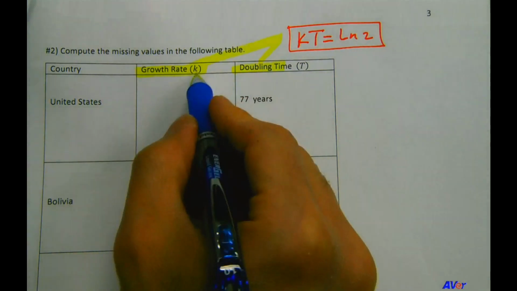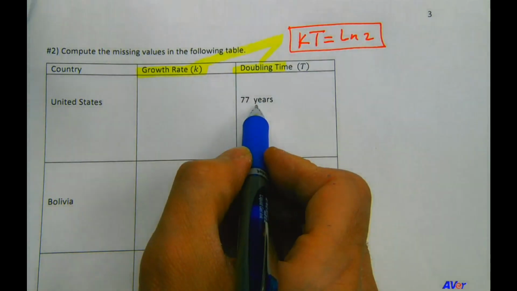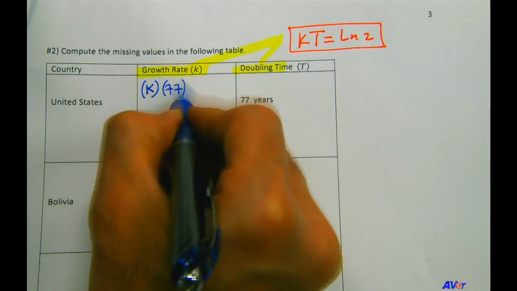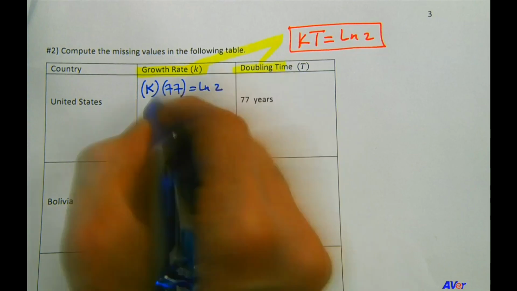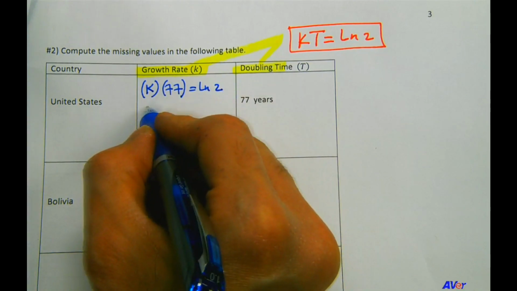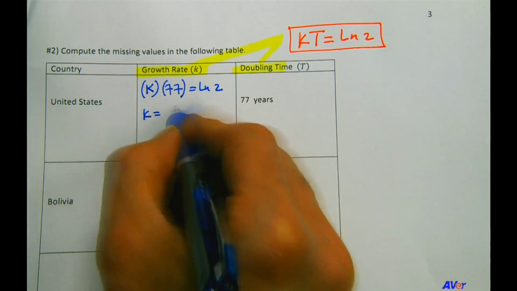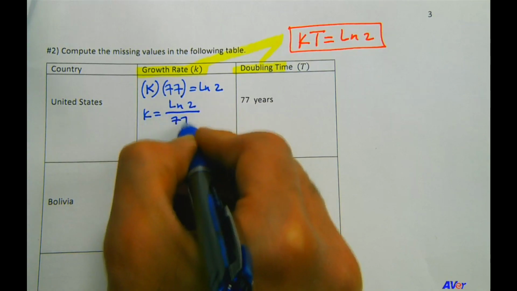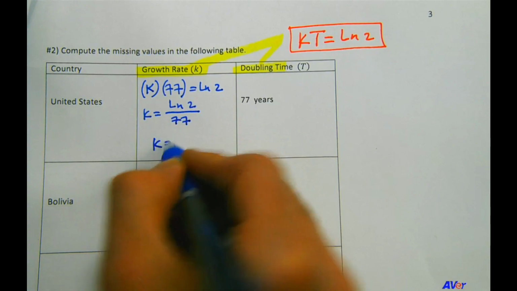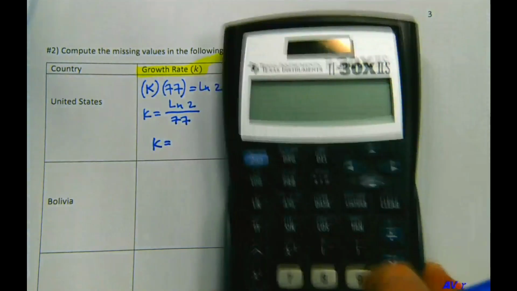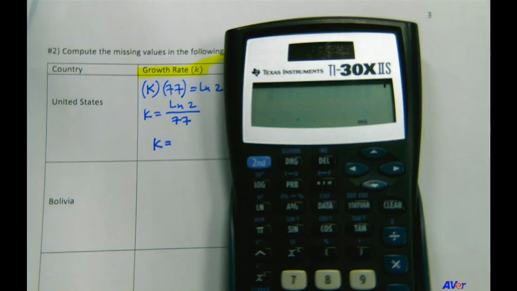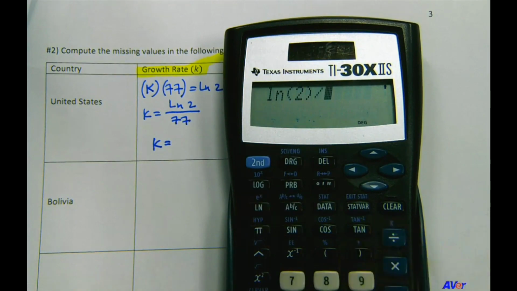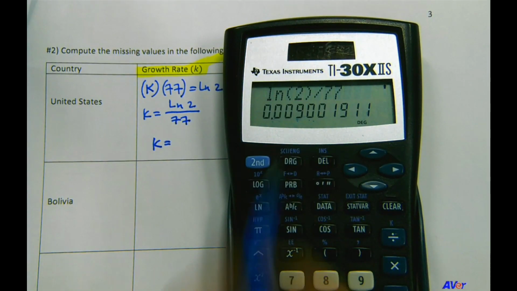So for growth rate, we're looking for k given we have a doubling time of 77 years, right? So k times 77 equals natural log of 2. And therefore, k needs to be isolated, right? So we need to divide both sides by 77. Natural log of 2 divided by 77. So k is equal to, let's use our calculator, natural log of 2 divided by 77. So the growth rate is that,